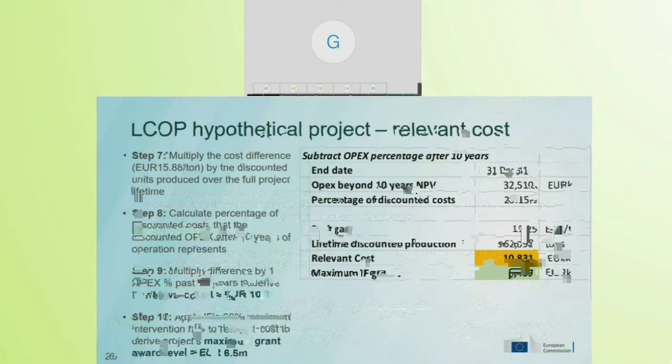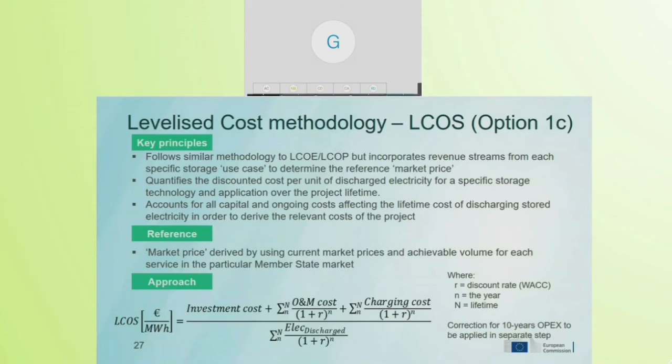So levelized cost of storage, this is a very similar methodology to the other two with a slight difference in that electricity storage revenues differ from country to country. And in certain countries, you do have certain revenue streams, and other countries you don't. Now, those revenue streams will depend on how your unit is set up, what particular market prices and services it can bid into. And therefore, there's no standardized market price for electricity storage. It's done on a country by country and what we call a use case by use case